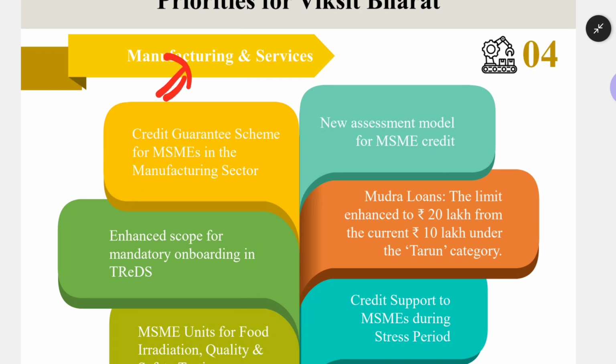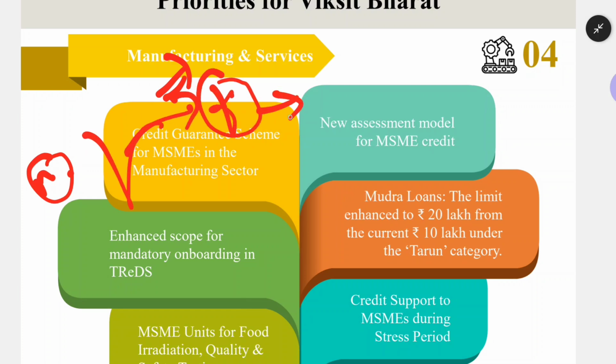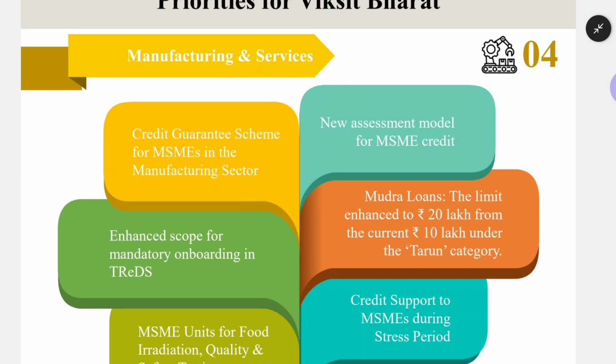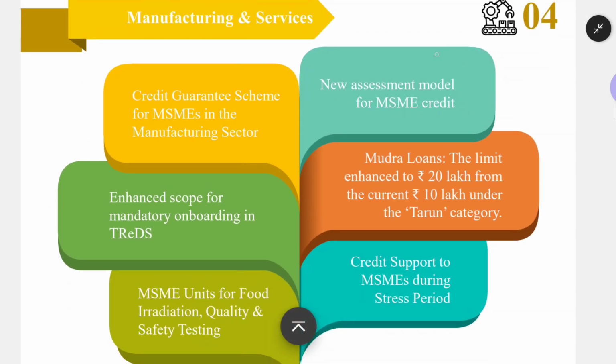That is the reason the only sector that can solve the problem here is manufacturing. Not only that, if we do more merchandise exports, then we'll also get more foreign exchange reserves, and our products will become competitive in worldwide global trade, and they will sell. So with the help of manufacturing, we can increase our domestic supply and also we can export. So let us see what the budget has given with regard to manufacturing and services.